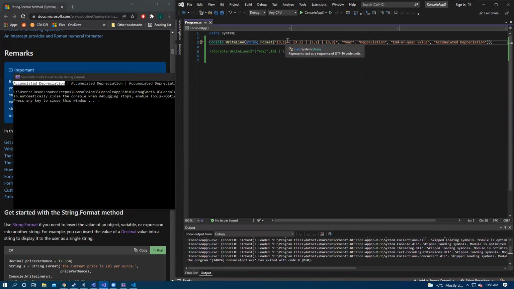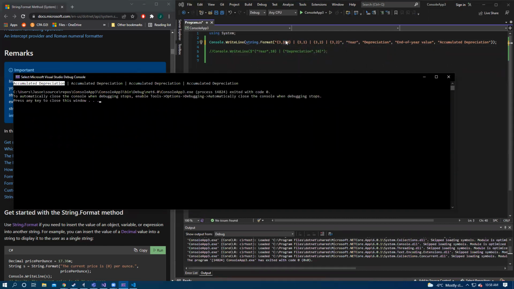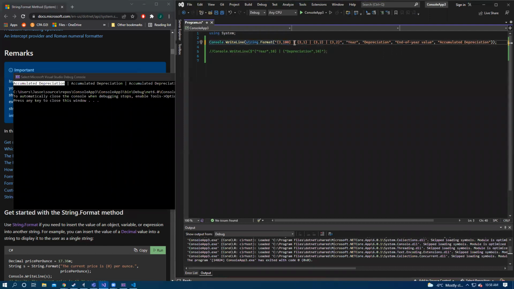So this would set the minimum width, I guess, is what it looks like. If you plug something in larger, then it'll grow. So something to keep in mind.